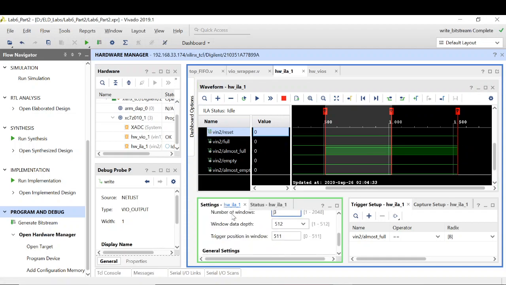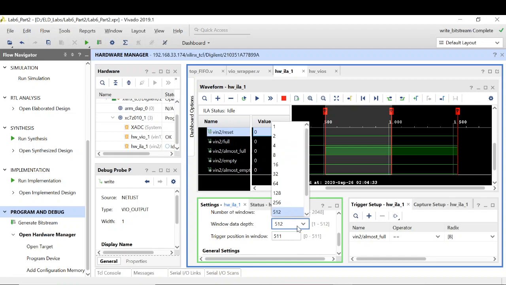So the samples are defined accordingly. When you define three windows, the window data depth, as you can see here, is 512. That means as the trigger happens, before it I will be getting 512 samples. After this I will be getting 512 samples. So you can change this according to your need, but this is the maximum you can go.